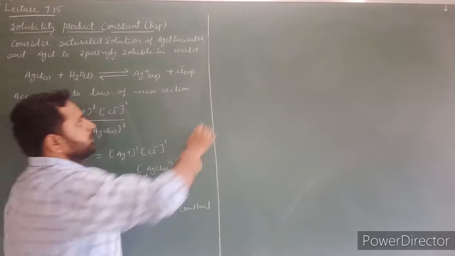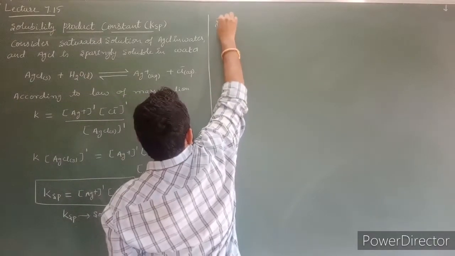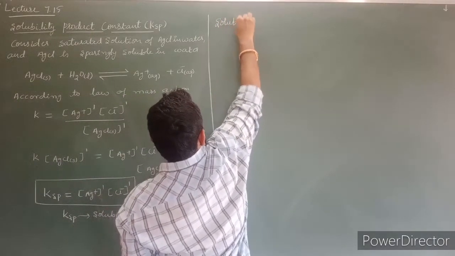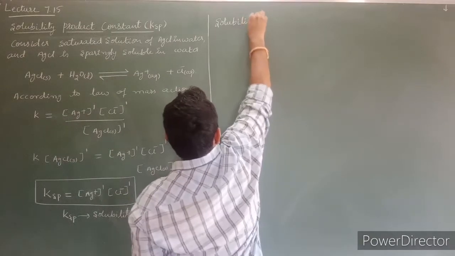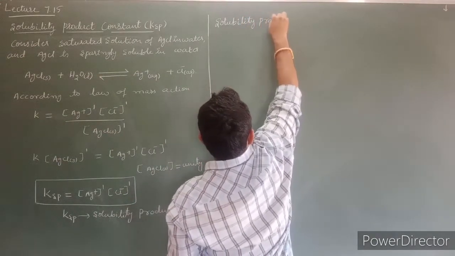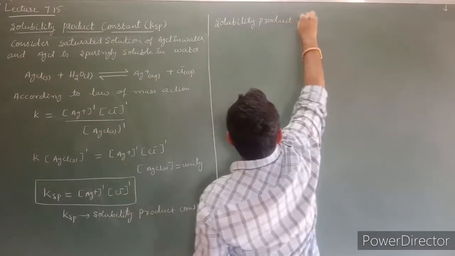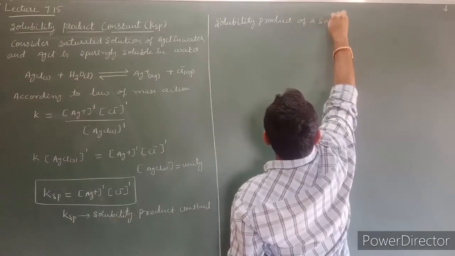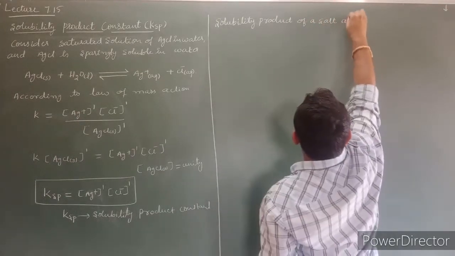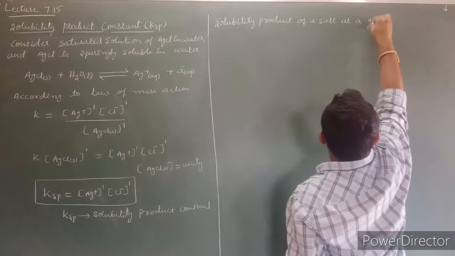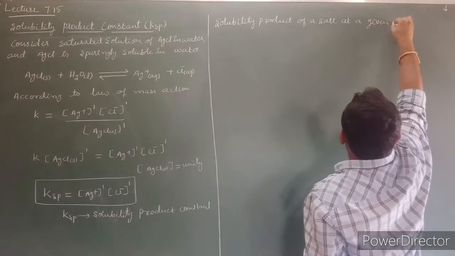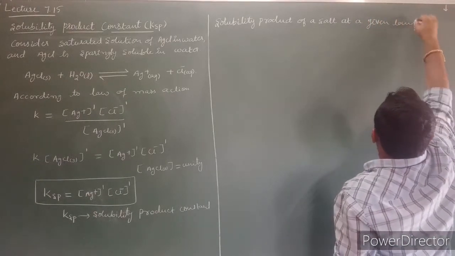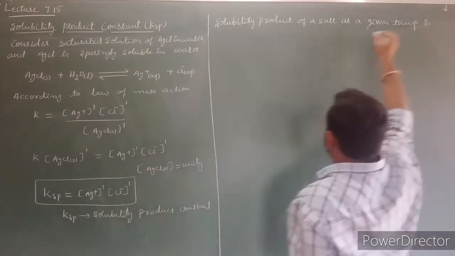Here I will write solubility product of a salt at a given temperature is equal to